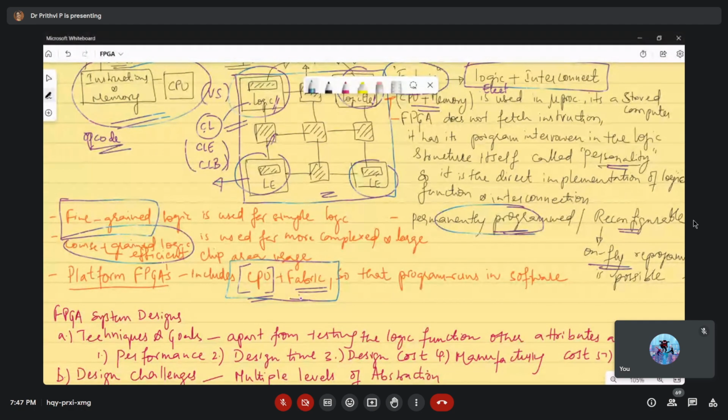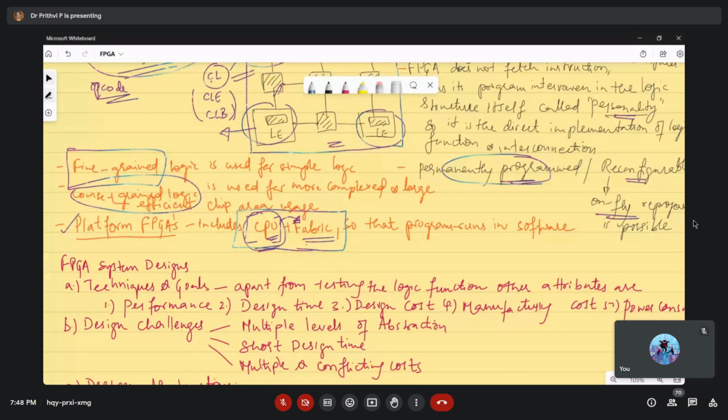A platform FPGA will typically include a CPU, and some of the functions run on software, and that program will be stored on the CPU. If specific control iterations have to be performed, those programs can be predefined and stored in the CPU, and you can implement or dump them on your logic block and find the output. Those types of FPGAs we call platform FPGAs. When we are speaking about these FPGAs, what are the